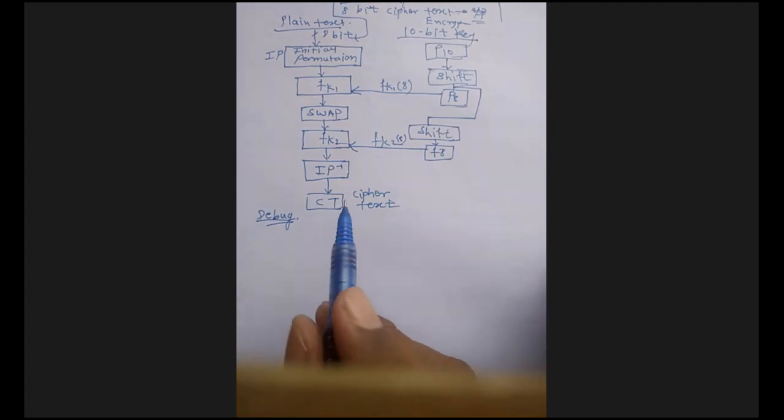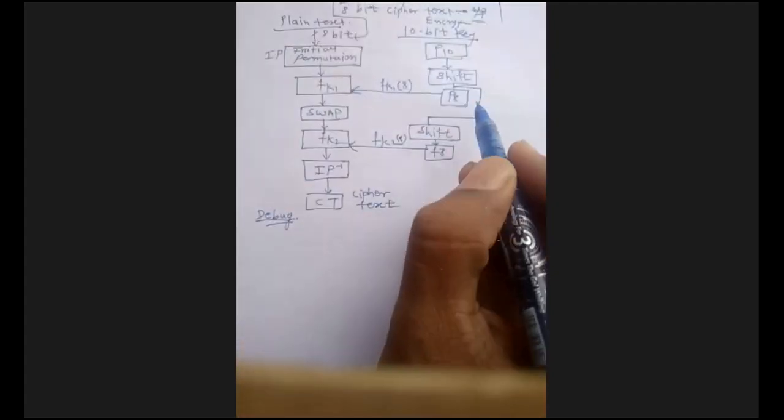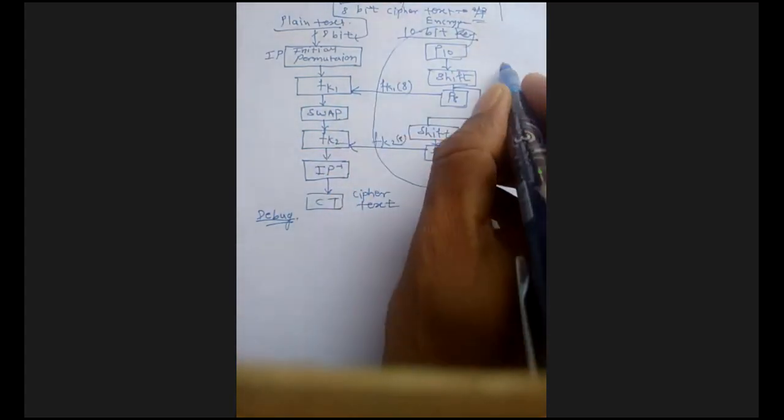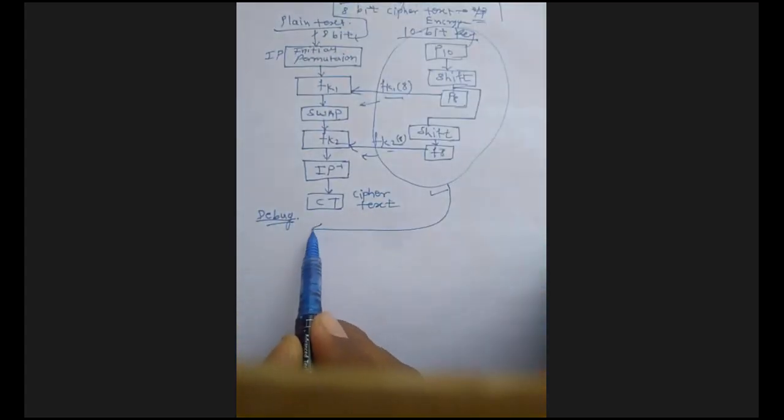To debug this algorithm, what I told you is that first of all we have to perform the key generation. How can you generate the key? First you generate the key, and once I have key 1 and key 2, I apply these on the plain text. The plain text is hello, though any text can be considered. That plain text is converted to binary text, and to that binary text you apply the 10-bit key. Now let us see how to implement it, so start debugging.